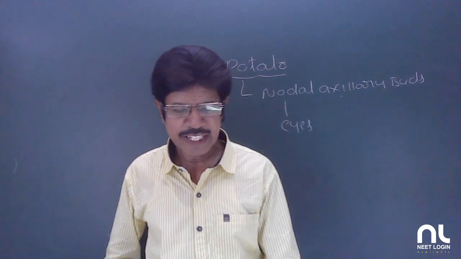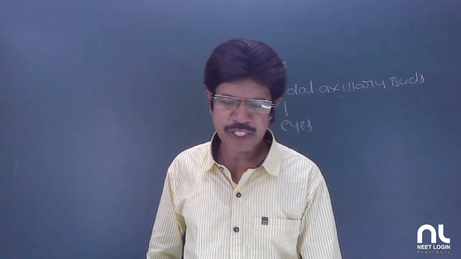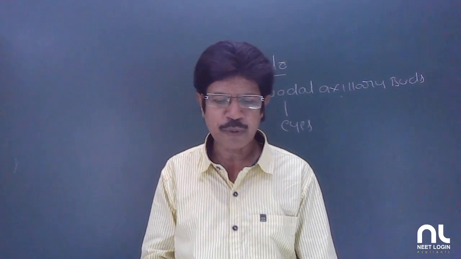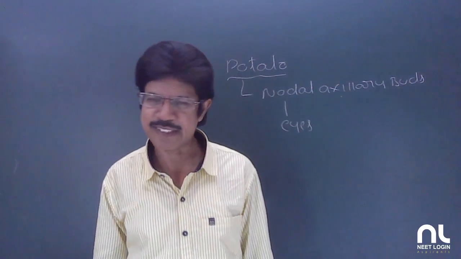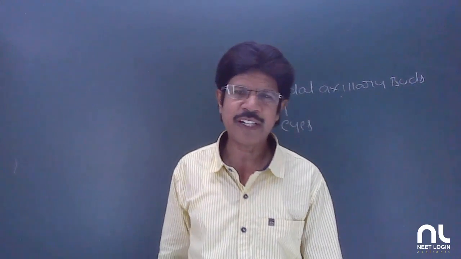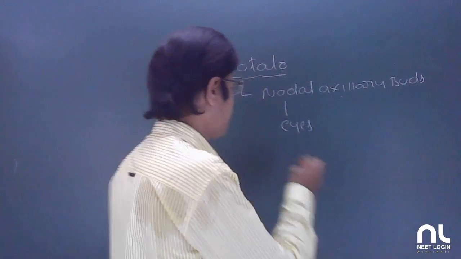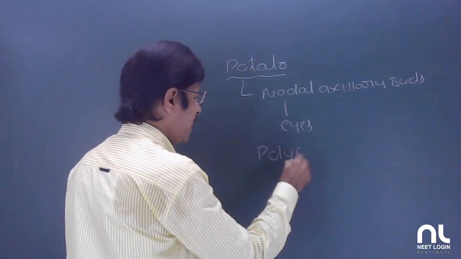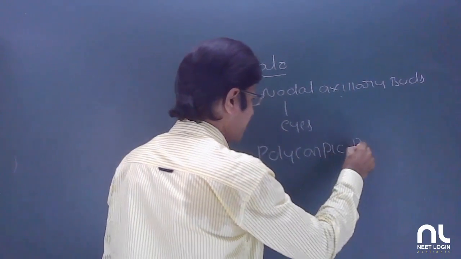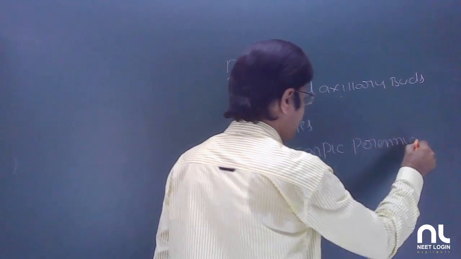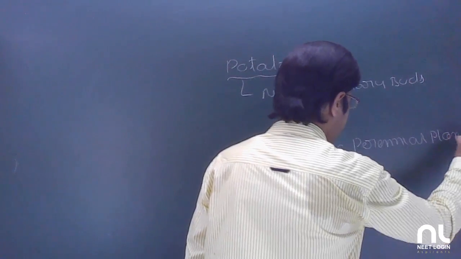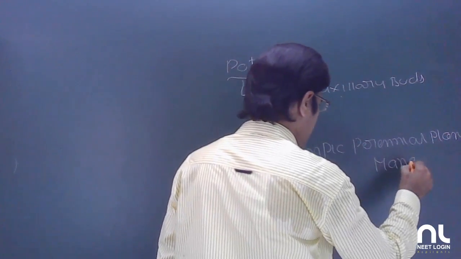Statement 1: Clear-cut demarcation of the juvenile, reproductive and senescent stages is not seen in polycarpic perennial plants. Yes, we cannot demarcate the juvenile, reproductive and senescent phases because it is a polycarpic perennial plant. And if you take mango,